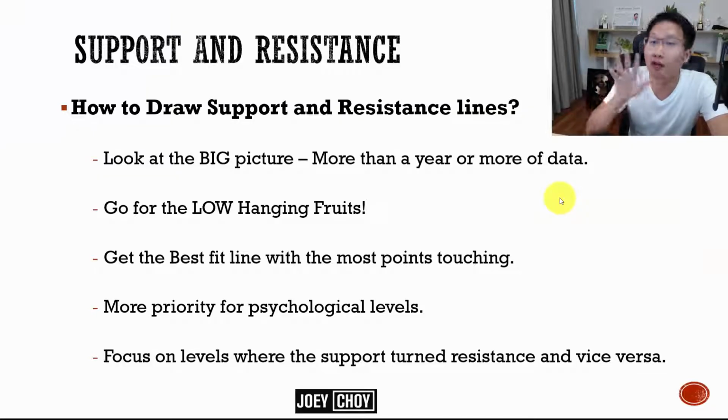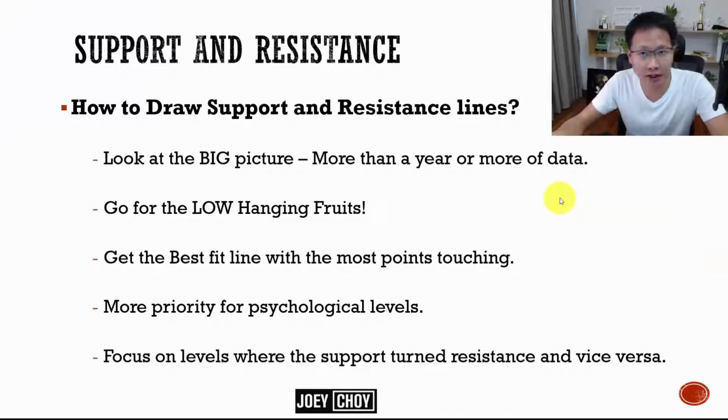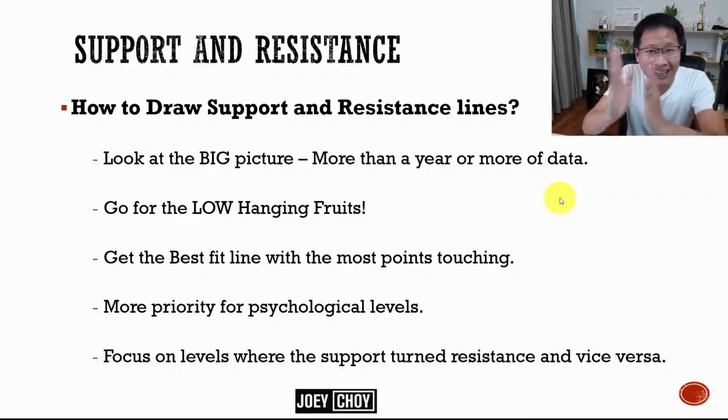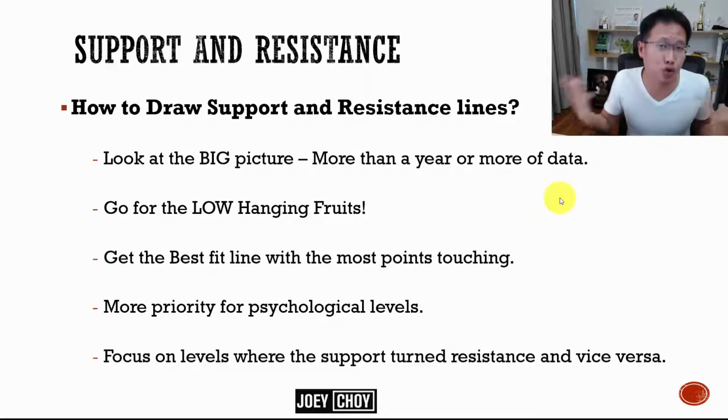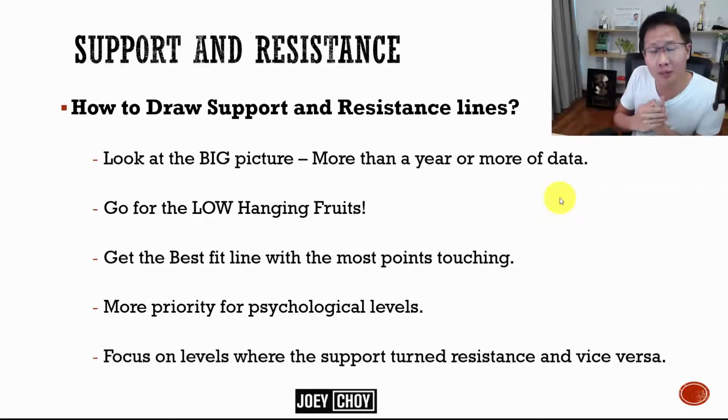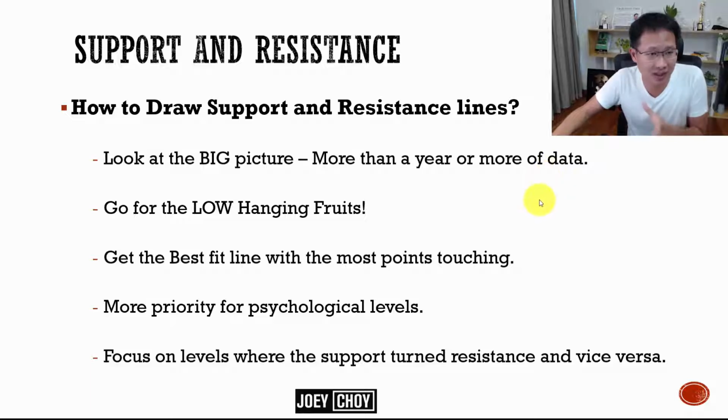All right, so now that we have drawn the lines on the stocks, you guys have an idea of how to draw it. How do we go for the low-hanging fruits? We don't look at very small data, like a few weeks, a few months. No, we zoom out, and we go for the best fit line that touches the most points, and we focus on the price levels whereby support turns resistance or resistance turns support. So we have done a few case studies. We'll go back to those stocks again in a bit, but before we do that, let's go ahead to